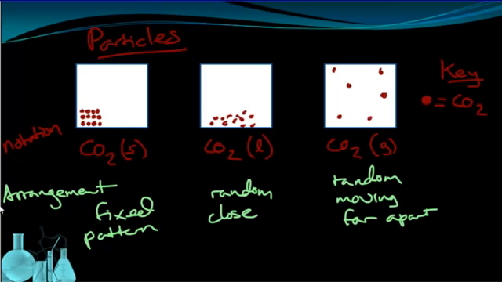There's one last thing we want to look at for particles of a solid, liquid, and a gas. And the last thing we want to look at is the attraction between the particles. So the reason that they're in these arrangements, in this tight pattern over here and in this completely random one over here, has to do with the attraction between these particles. And that's something we're going to get into a lot more detail with later, but let's get the general trends down right now. So in the solid, there's strong attraction between the particles.